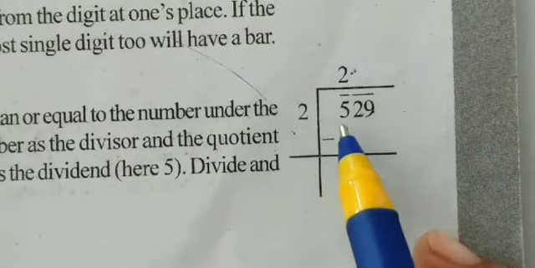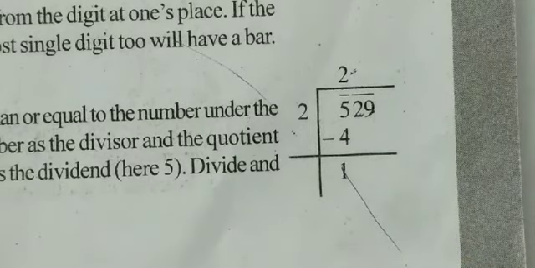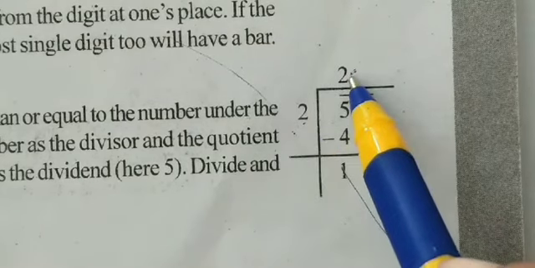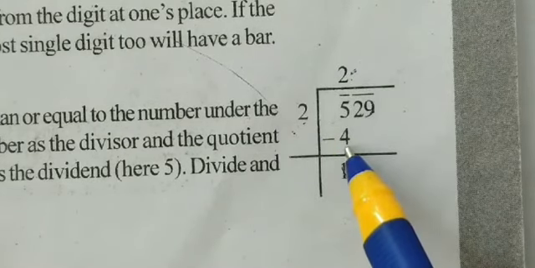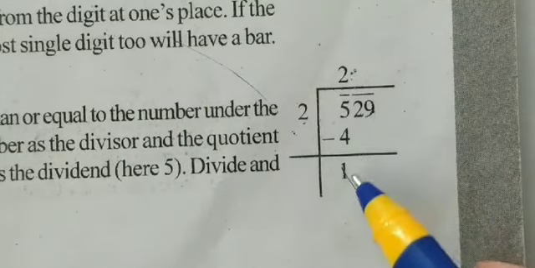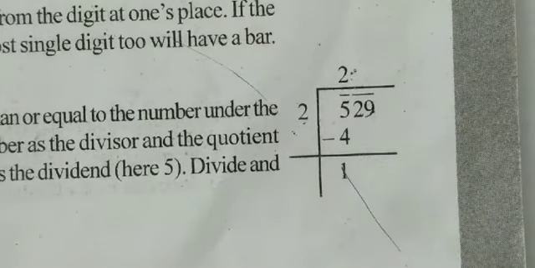तो हमारे पास है 5, तो नियरेस्ट स्क्वायर कौन सा होगा? 2 2 ज़ा 4. 4 will be the nearest number. So you go for 2 2 ज़ा. Write here 2, write here 2. 2 2 ज़ा 4. Write here 4. Then subtract it. 5 minus 4 is equal to 1.